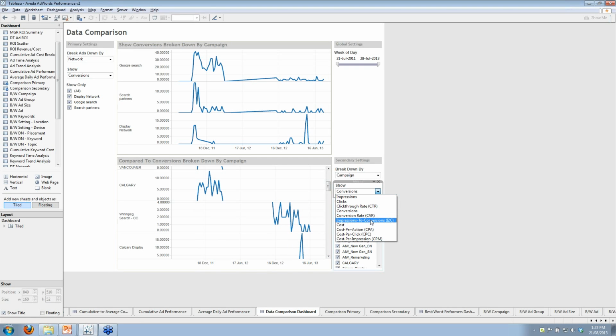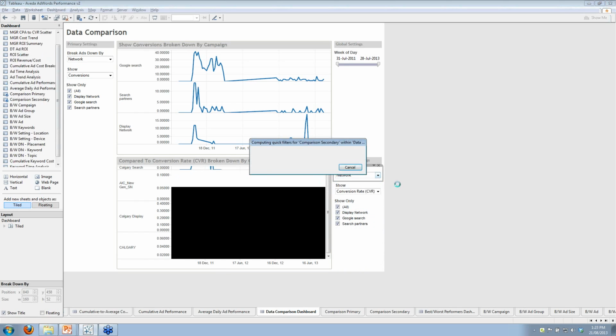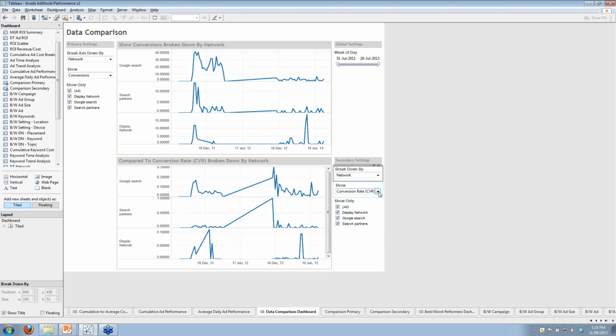The other way you would use this is to contrast. Let's look at network conversions versus network conversion rate. Now we're taking the same breakdown, which in this case is network, and we're asking for a comparison between the conversions and the conversion rate. If we look at Google search, for example, the conversions up here were about 42, but the conversion rate was about 14.7%. It's not too bad, but you can notice over here that you sometimes have spikes in conversion rate,